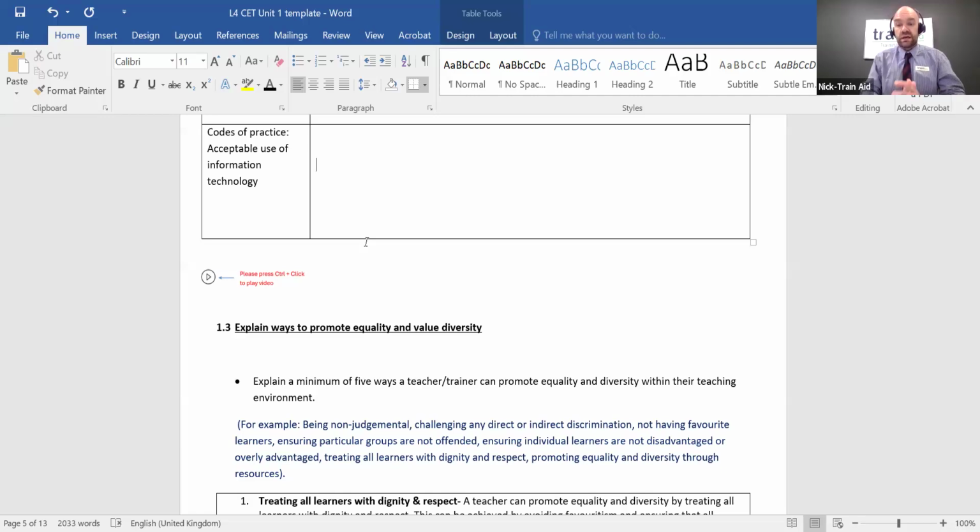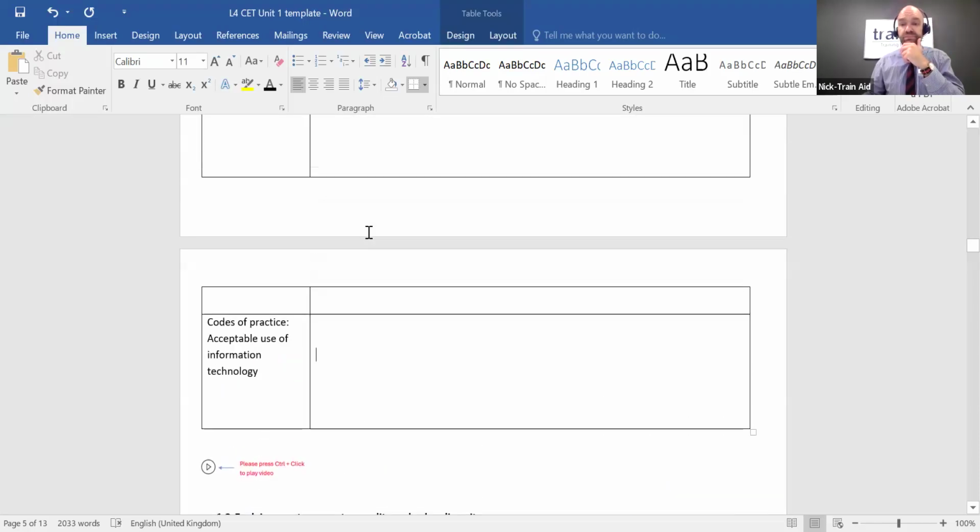Mobile phone scrolling can be a distraction, and therefore it can become quite risky and dangerous. So just have a read of your company's acceptable use of information technology code of practice.